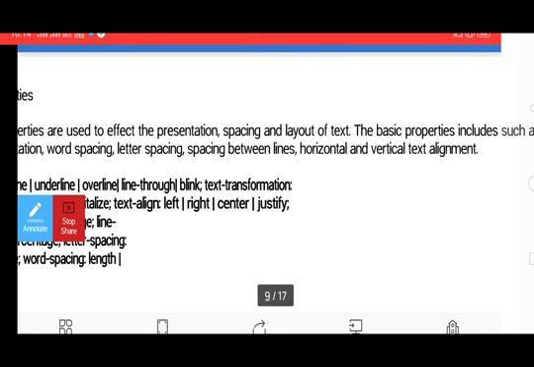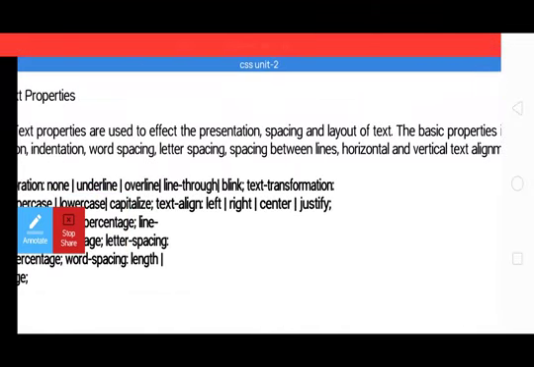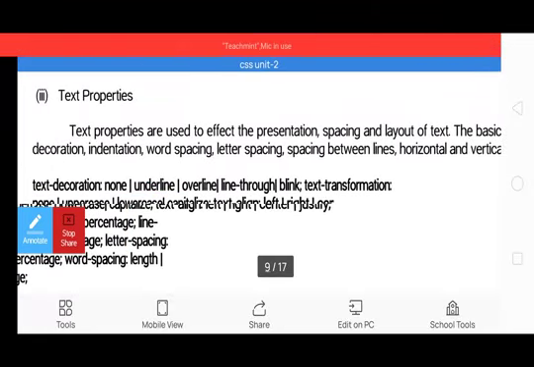So this is about the text properties. The text decoration.